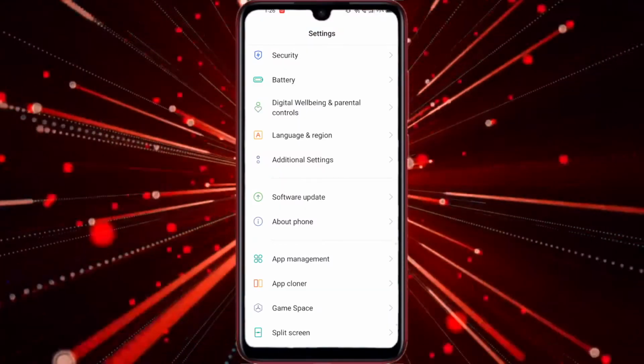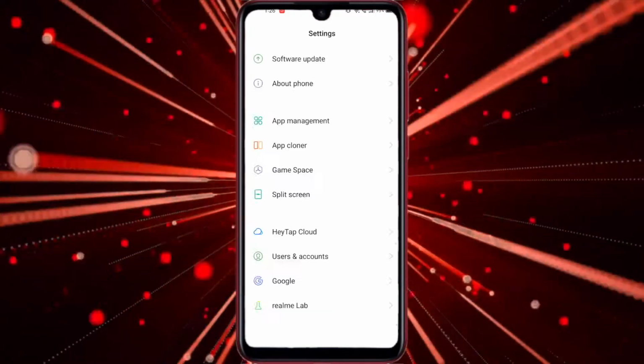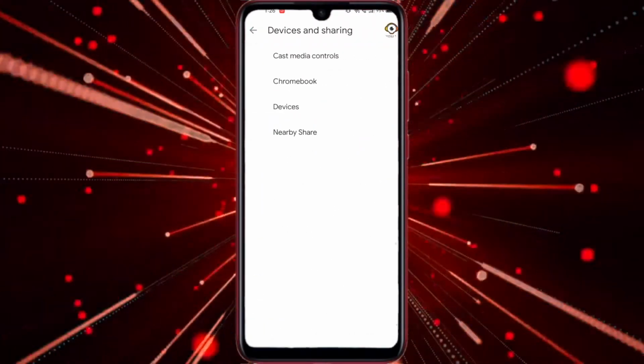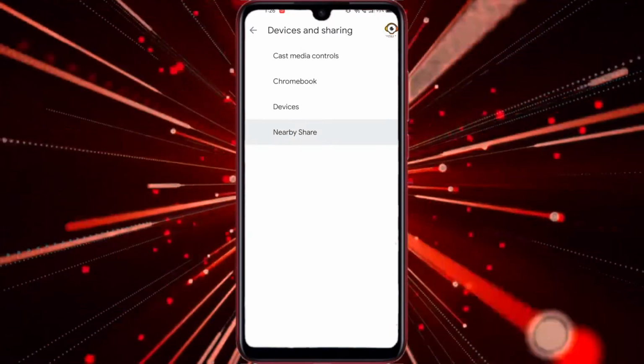There are a lot of apps available on the Play Store, but when certain features are already available on your smartphone or Android device, which Google has thought of and given on your phone, then why install third-party software? So this option you can find under Settings; you have to go to Google, and under Google you can find an option called Device Connections. Under Device Connections you will see a Nearby Share option.